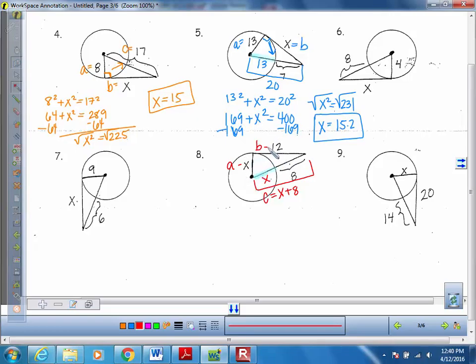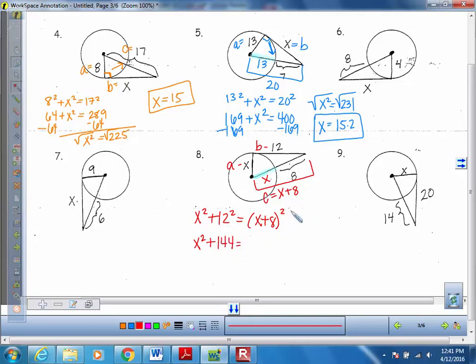So I'm going to plug in and get x squared plus 12 squared equals, now I have not been putting parentheses around what's being squared because we've only had one thing each time. On C, we actually have more than one piece, so I'm going to put that in parentheses squared. It's actually a very good practice to put everything in parentheses when you square it. So I know x squared just gives me x squared. 12 squared is